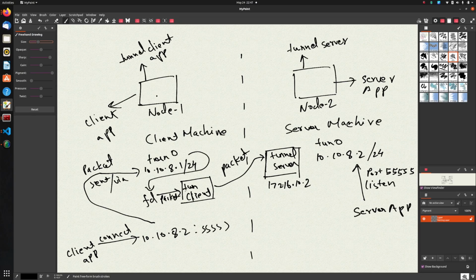So the tunnel server program will read the packet, and it will write it, and you guessed it right, to the FD that is associated with this tune 0 interface. And now, since it's a tune 0 interface, once again, what this tune 0 interface will do is send this data that is written to its FD, tune 0's FD, as an IP packet to this server app. Then the server can process the data, and it can once again try to send it back to the client,